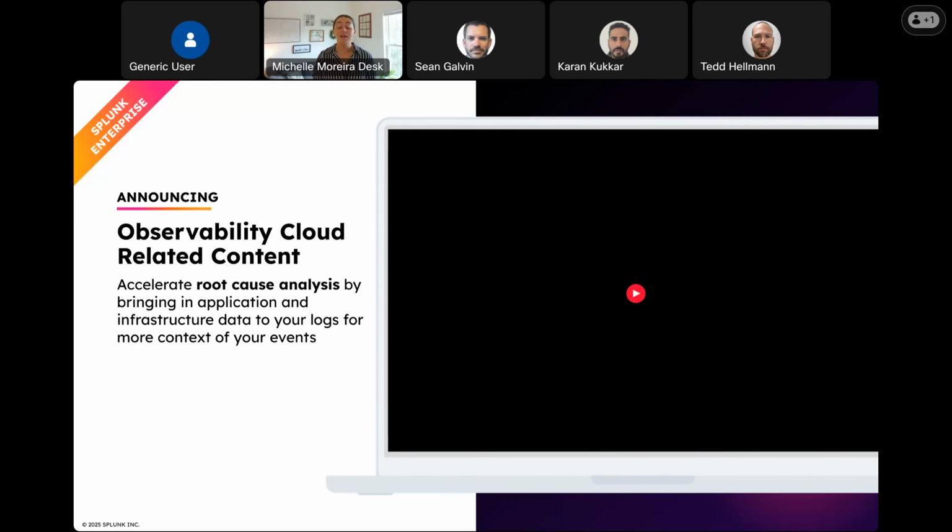Moving into some of the observability cloud integrations into the platform. Splunk Enterprise users can now get easy access to Splunk Observability Cloud data. With the related content feature, IT ops professionals can improve root cause analysis by previewing Splunk Observability Cloud infra and app data next to their Splunk logs. There are three main benefits: a full view of your events, so you can visualize real-time metrics and traces